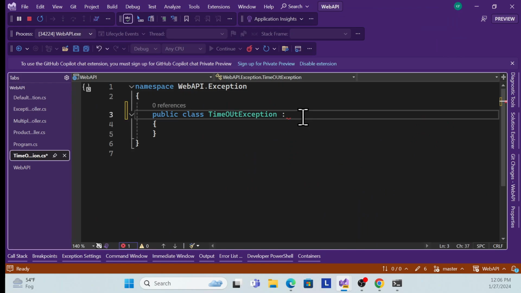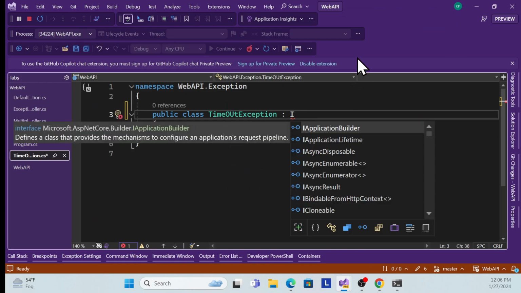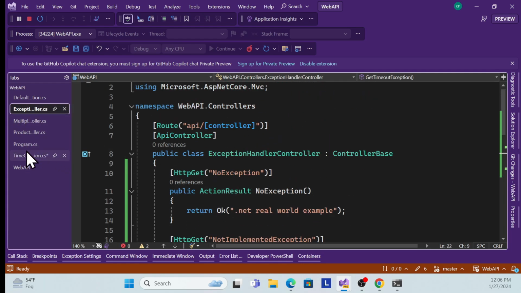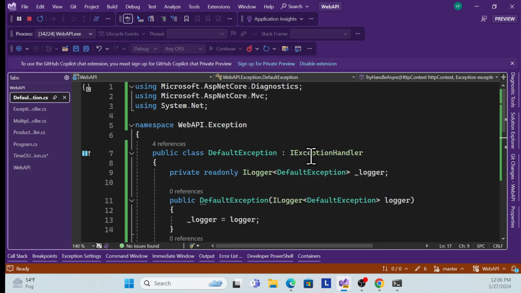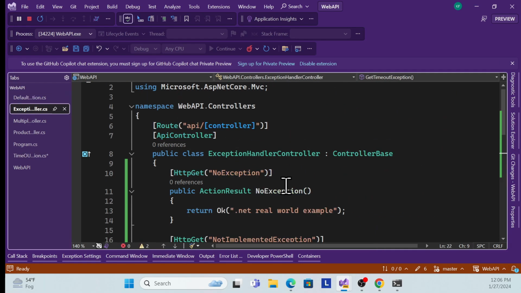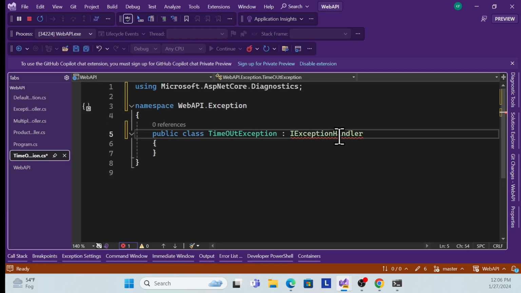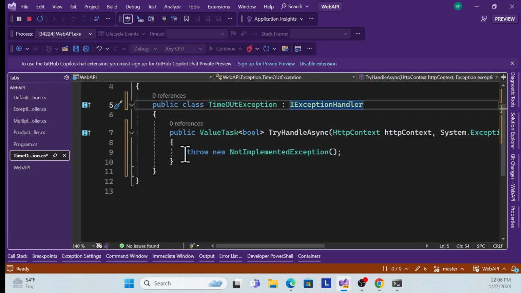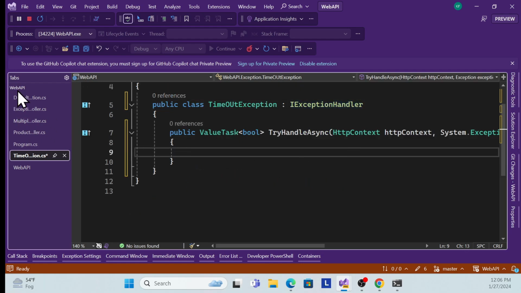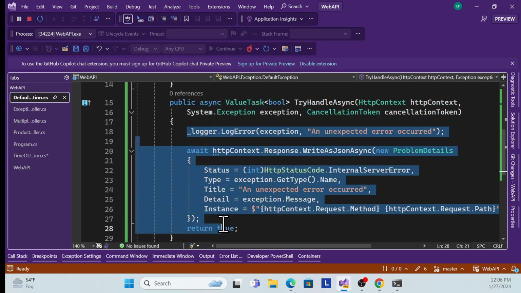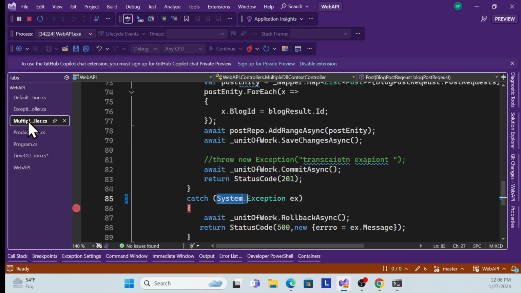Same things we have to do over here, whatever I have done in the default exception. So go to the default exception, call this exception handler and inherit it here, and again implement the same method, and inside this method just call all of the stuff over here, and then according to this